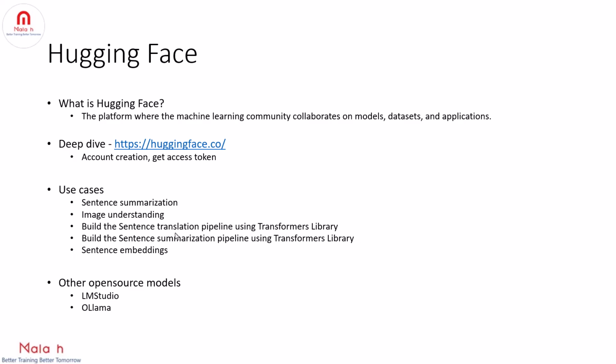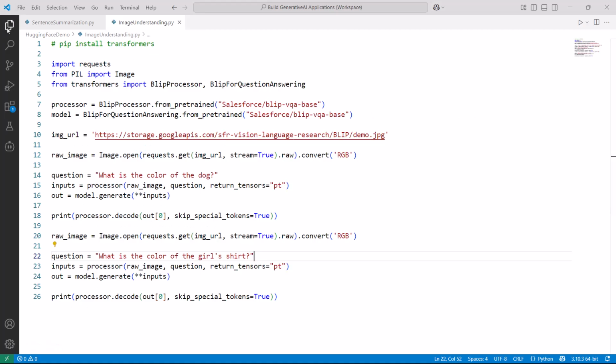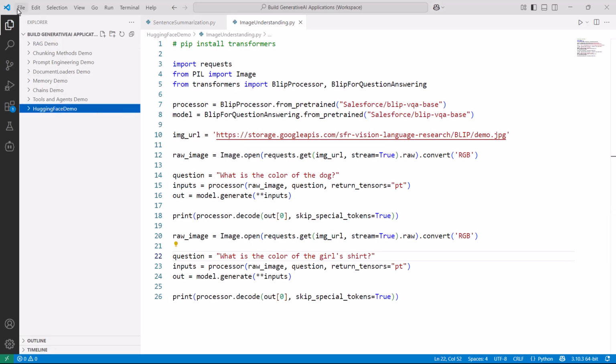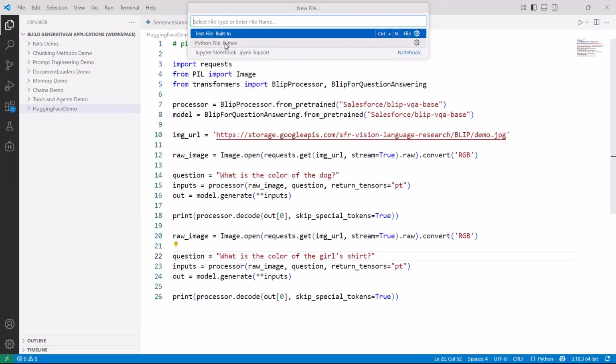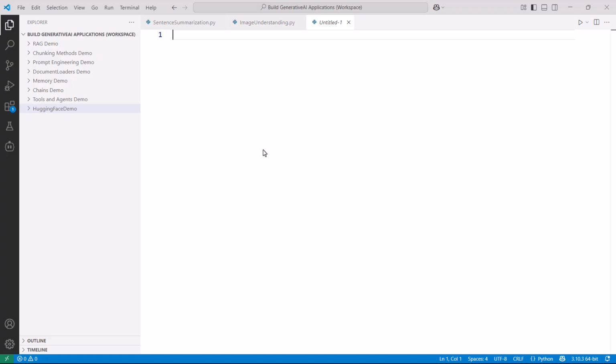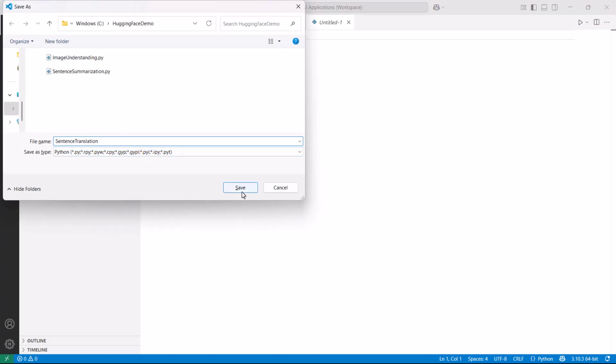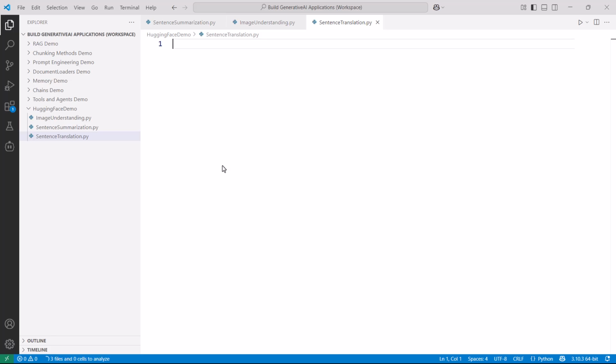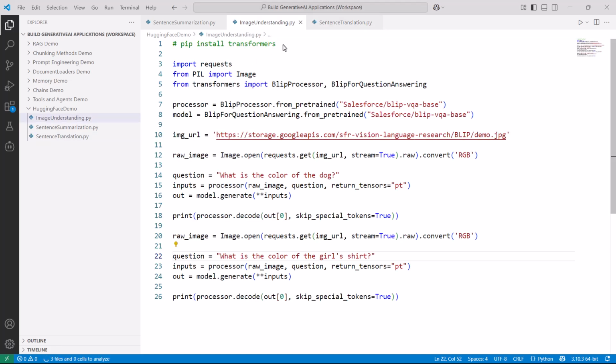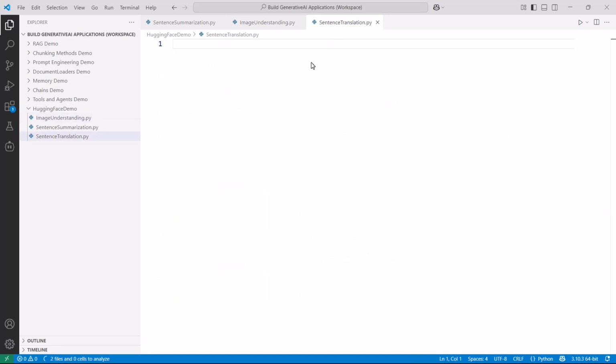That is, we will provide a sentence to the model, and then the model will translate the sentence to different languages. Okay, so let's go to VS Code, and let's see how we can build the sentence translation pipeline using transformers library. So let's go to Hugging Face demo, file, new file, Python file, and let's save this as sentence translation and click save. So like we did before, in case you haven't installed already, make sure you install